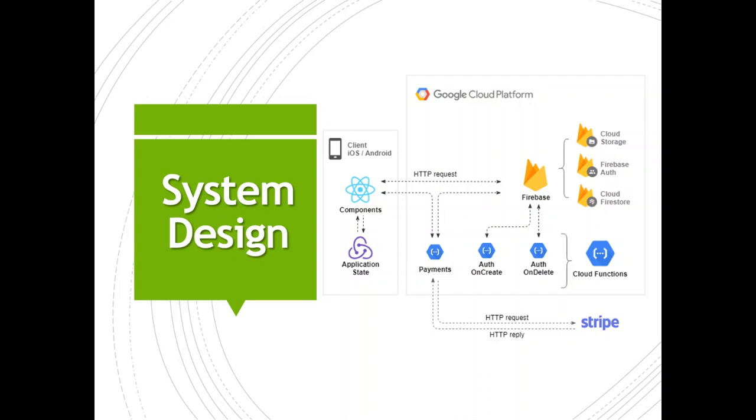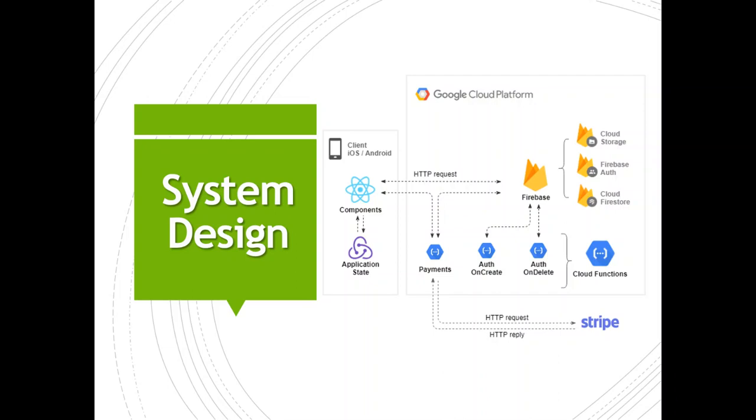On the client side, because we want to have our platform to be cross-platform, then we're going to have it for iOS and Android. Therefore, we're using React Native. So the client is based on React Native, also with Redux. The idea of Redux is to have an application state available for all the components on the application, which is constantly being updated as there are changes on the database. So the idea is to maintain the state of the application concurrent to all the changes that are happening on the database.